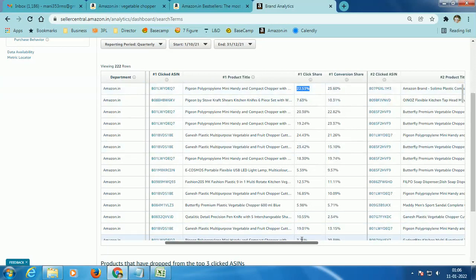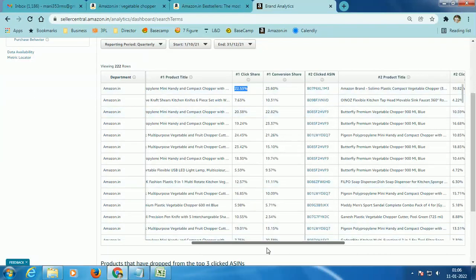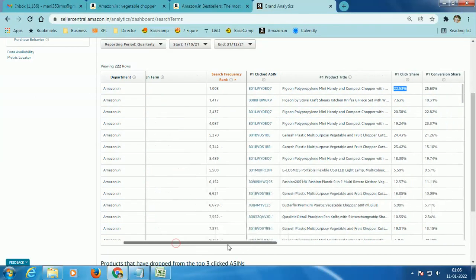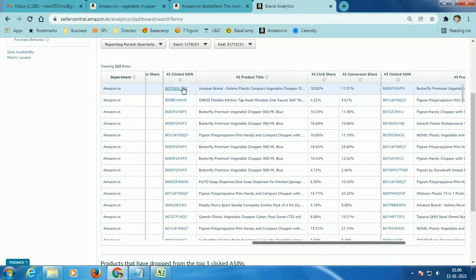Now likewise, Amazon is also telling you for this specific keyword, what is our keyword here? Chopper, right? Now for this specific keyword chopper, who is the second most clicked ASIN, right? Now who is your second top guy, right? So as per this data, Amazon is telling you that this guy is the second most clicked ASIN, and he has got a click share of 10%, and he has got a conversion share of 11.51.